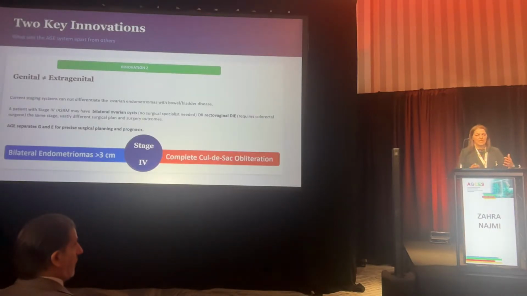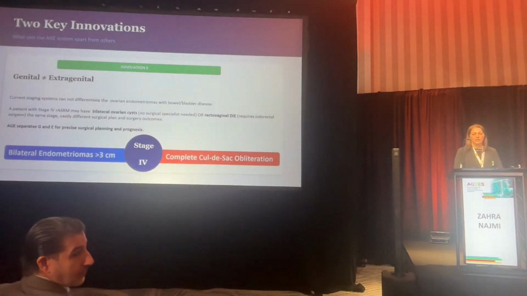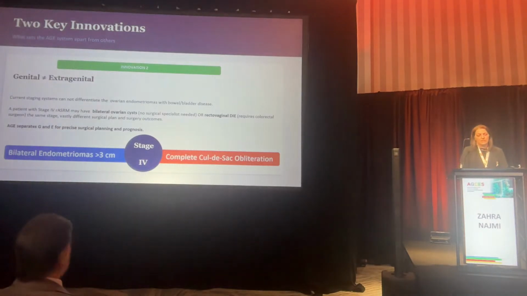Basically, the same stage for two completely different situations, different surgical planning, and of course, different surgical outcomes. So this AGE classification system separates genital and extragenital endometriosis, for more precise surgical planning and